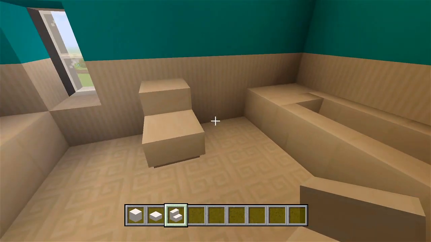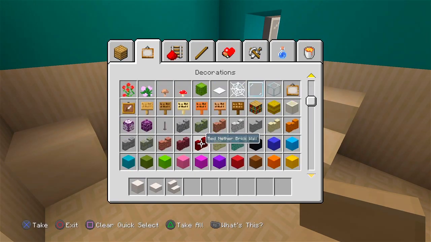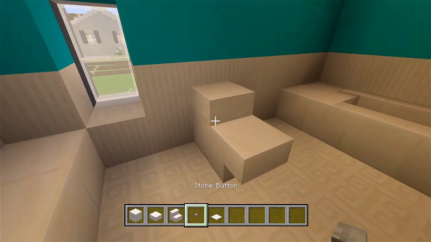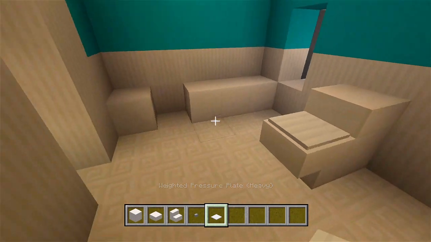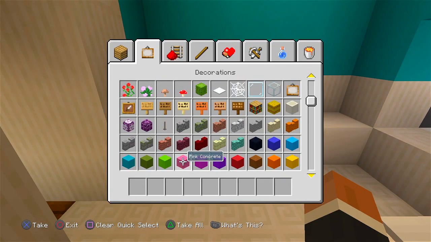Let's go ahead and just add all the detail now. So we'll go ahead and grab, for the toilet, a stone button and a weighted pressure plate. So a button at the left, weighted pressure plate on top of that stair. Over here, let me go ahead and clear all this. Over here we'll have...